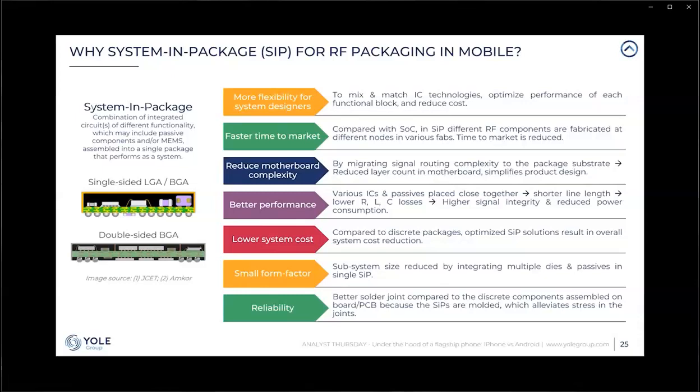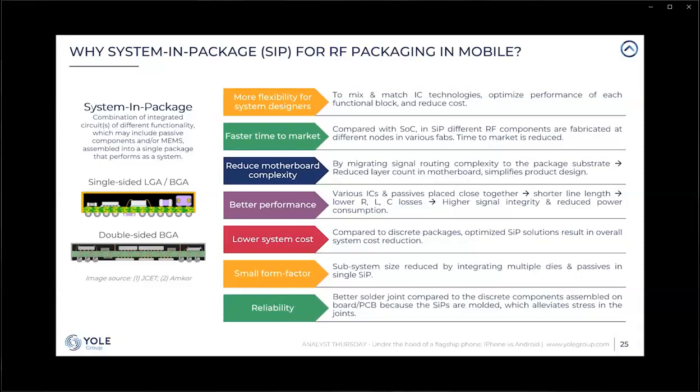And these components can be packaged using different packaging technologies, including wire bonding, flip chip, fan-out, and even 2.5D and 3D technologies. At the moment, system in package is used mainly for high-end smartphones because these are the ones that have the highest requirements in terms of performance. The main types of system in packages that are used for RF in mobile are single-sided LGA